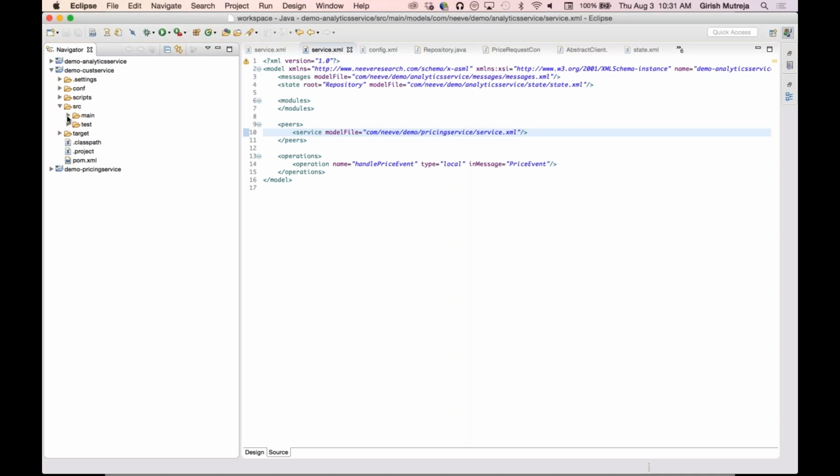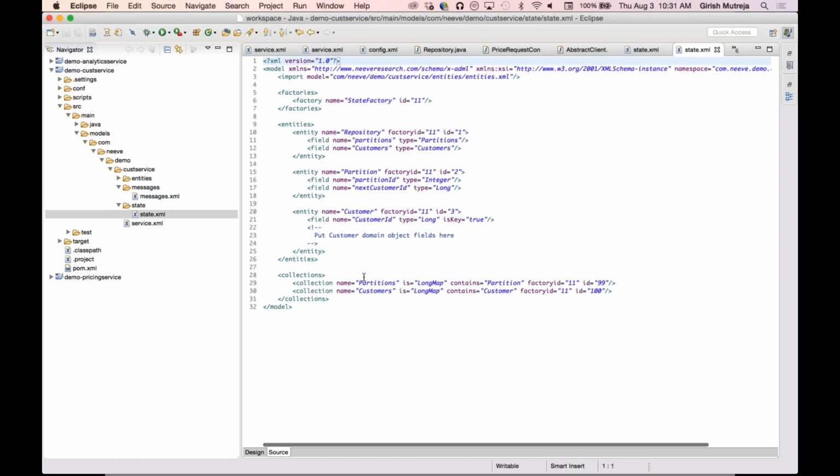Step 2, define state. In an X service, all state is defined using XML. And that XML is converted at build time, using tools integrated with your build framework, to POJOs. So here, for example, the state that you see is the state for the customer service.